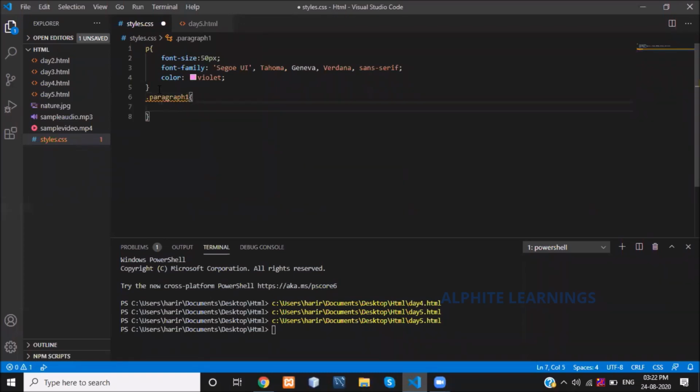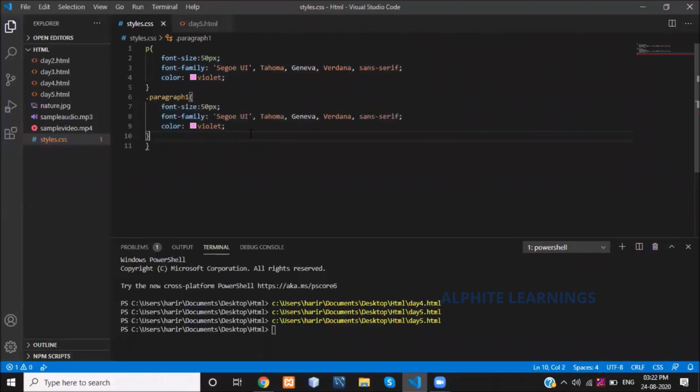I am giving all the 3 stylings inside this, all the properties whatever I have mentioned in the p tag. I am just changing the color here to red. Let's see what is happening.